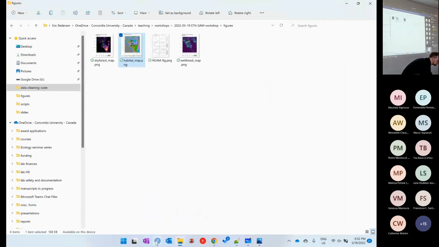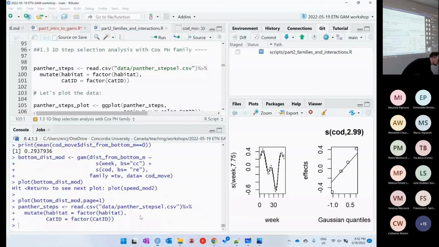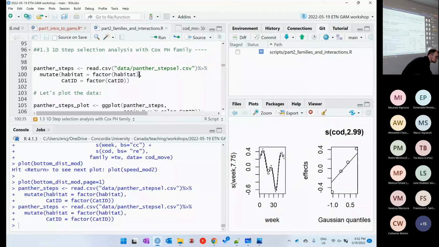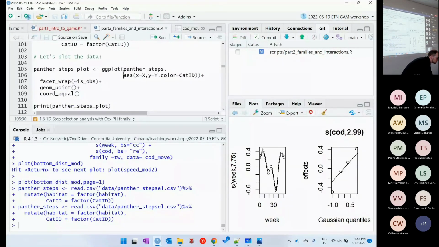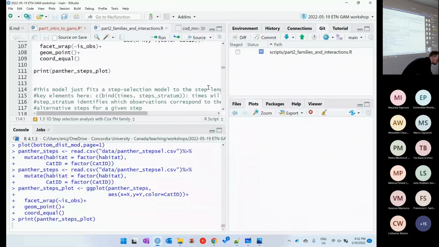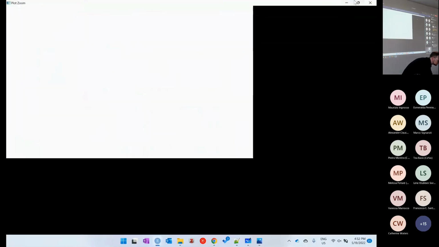So what we can do here is, first load the data. I'm recoding habitat and cat ID as a factor, just because, again, MGCV has to have them as factors. This is the actual plot of just the steps for each individual and the